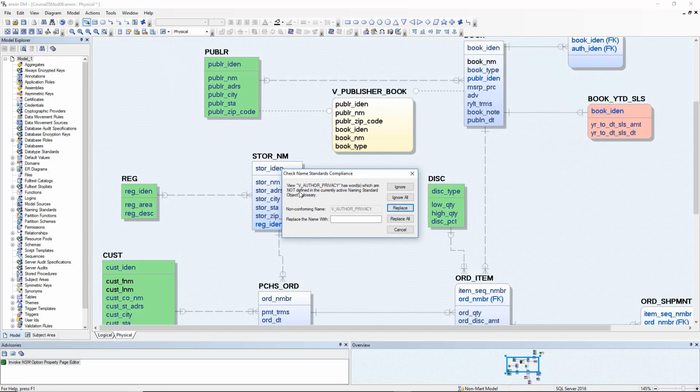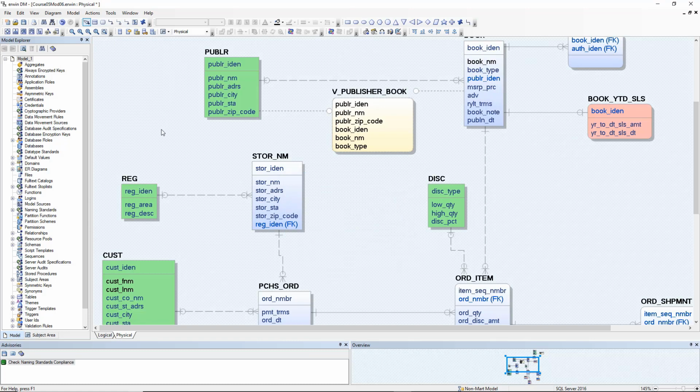Start. And it tells us that the view named V author privacy has word or words that are not defined in the currently active naming standard glossary. Well, yes, but it's not a table. It's not a column. It's a view. And the same challenge with our view V publisher book. That's it. Everything else matches. So let's finish. So the correct abbreviations are in use. Let's now focus on